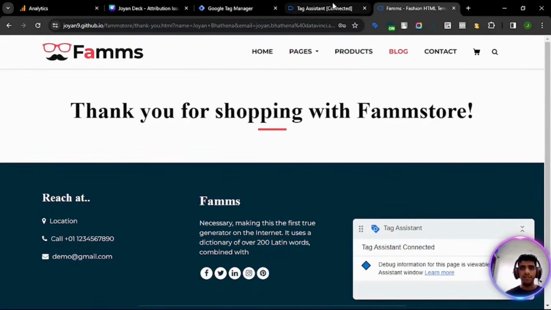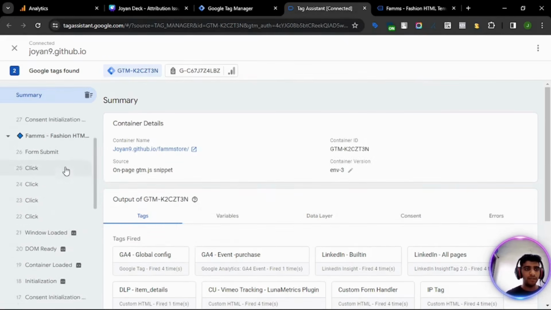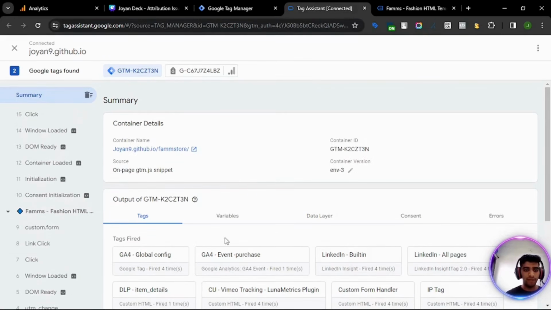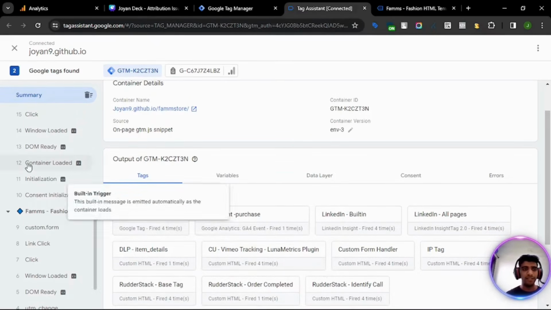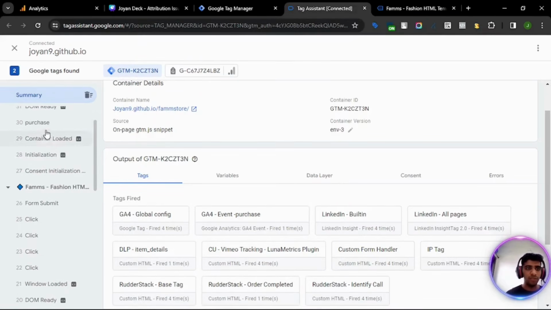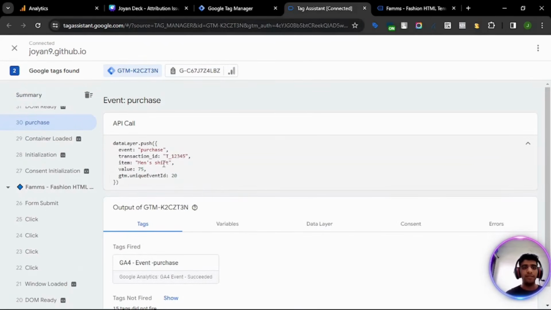Okay, so the purchase is complete. Let's see the tags that are fired. Initially, all the page view tags are fired 4 times and purchase fired 1 time, along with some other tags as well. Let's see what was pushed into the data layer in the purchase event. You can see the transaction ID, the item, and the value. The transaction ID is a very important parameter over here because you'd be checking this transaction ID the next day